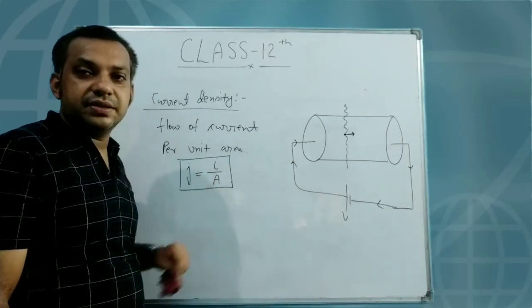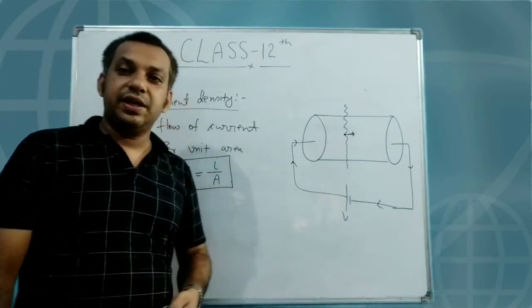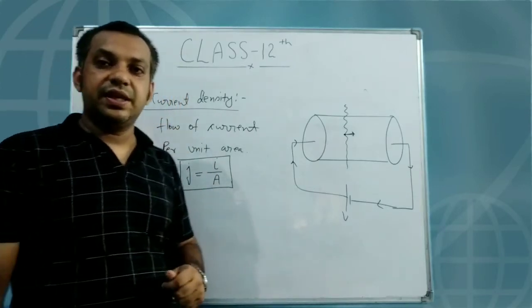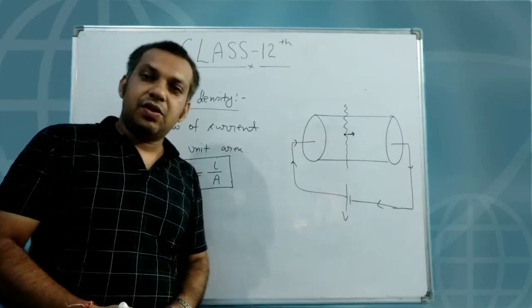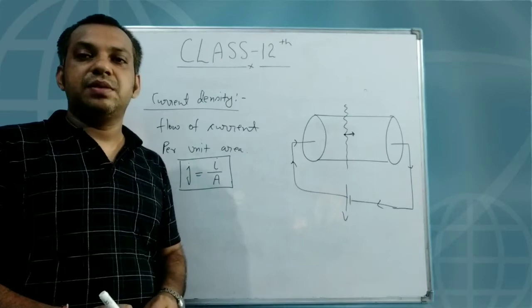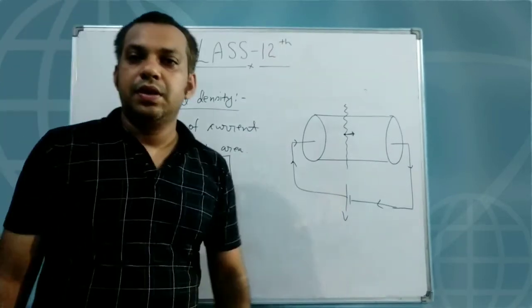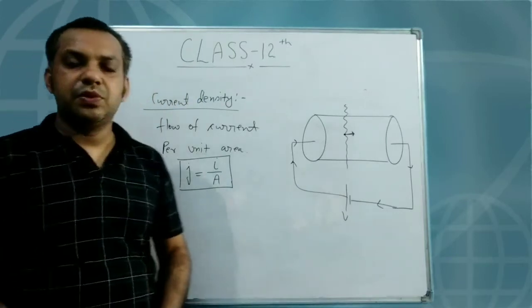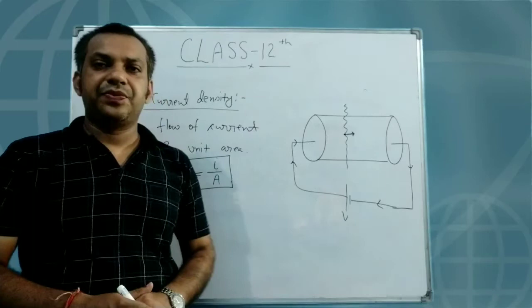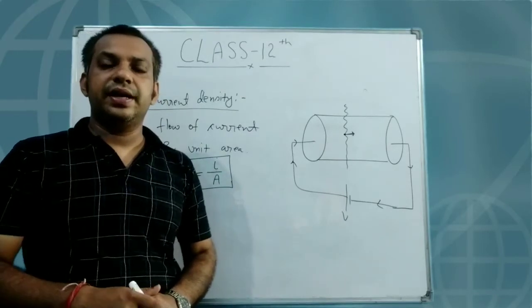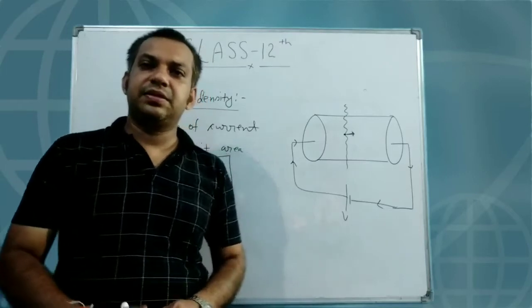You will say area is a scalar quantity. Few students will say, no sir, area is a vector quantity. In Gauss law we have already discussed that area is a vector quantity. So, is area a scalar or a vector quantity? It only depends upon our convenience. Suppose in mathematics you are not representing area as a vector quantity, because only the magnitude is enough to express the area.